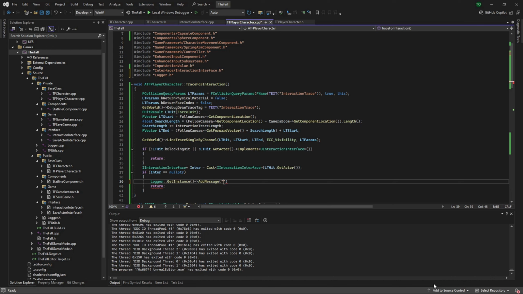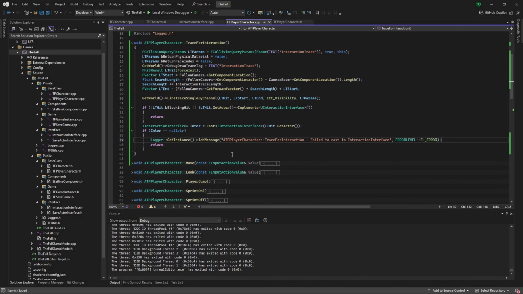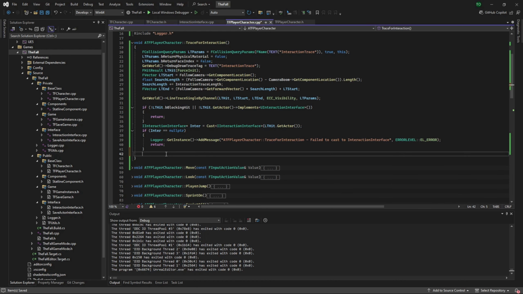failed. Something I like to do actually for clarity, is put the function name in, so we know what function failed to cast to interaction interface. Error level, and this one is an error. So assuming all of this has gone through, we have an interface pointer, it's all working there. What we then want to do is